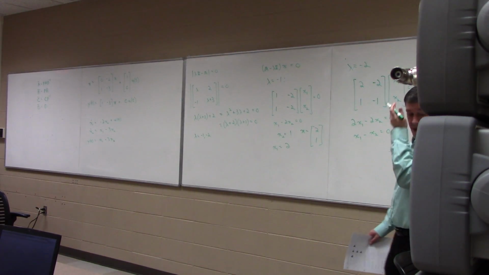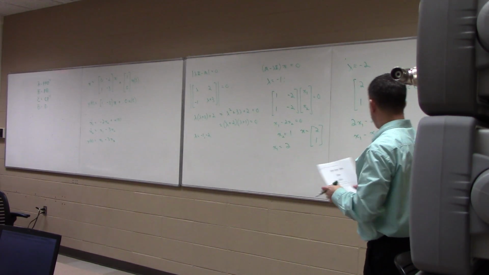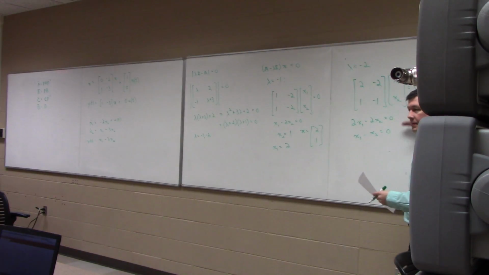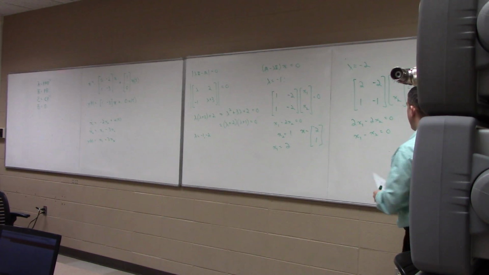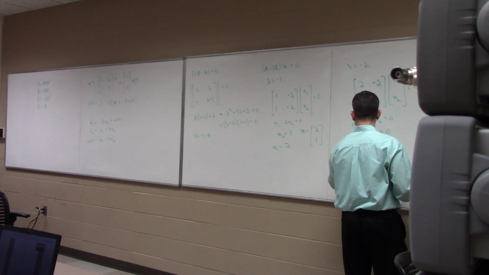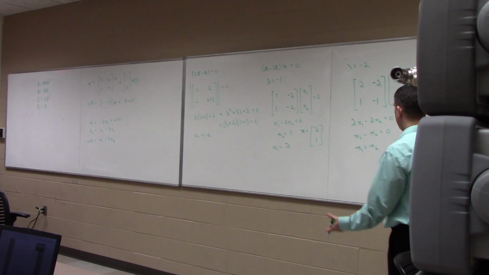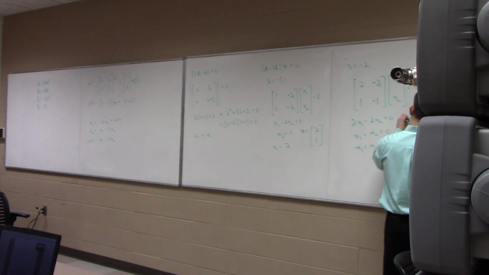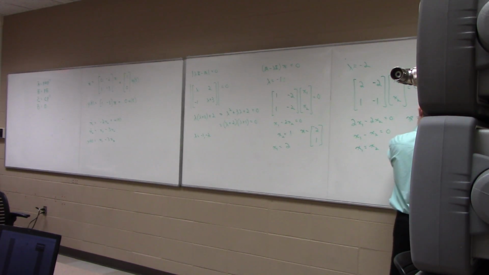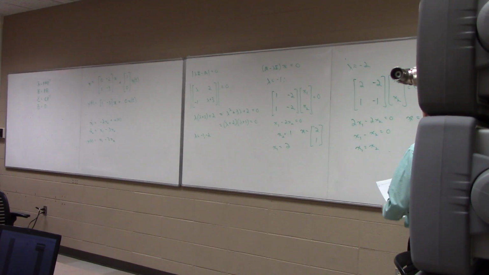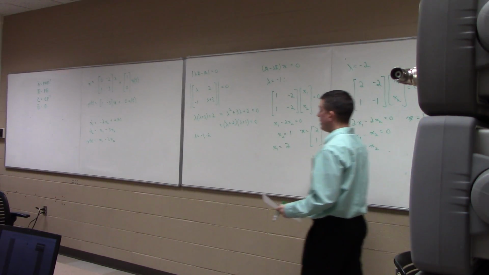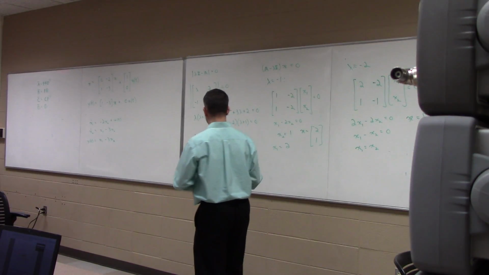Okay, again, we have only one equation, right? These 2 equations are the exact same equation. All right, if we simplify them out, they say that x1 is equal to x2, so I've got a degree of freedom. I can choose whatever I want. I'm just going to say that... I have two eigenvectors. What I'm going to do now is create